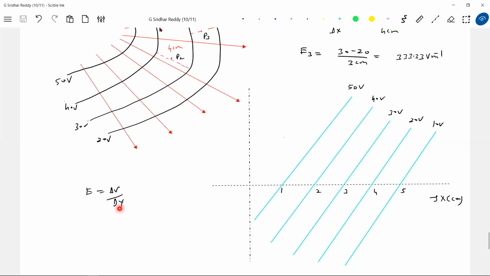No. What is delta X? Anybody? How should I measure delta X? This is a very, very fundamental question. Delta X should be measured along E bar. That's the basic idea, no? Or should it be measured normal to the equipotential surfaces? So very simple: delta X is measured along E bar. I'll write it.